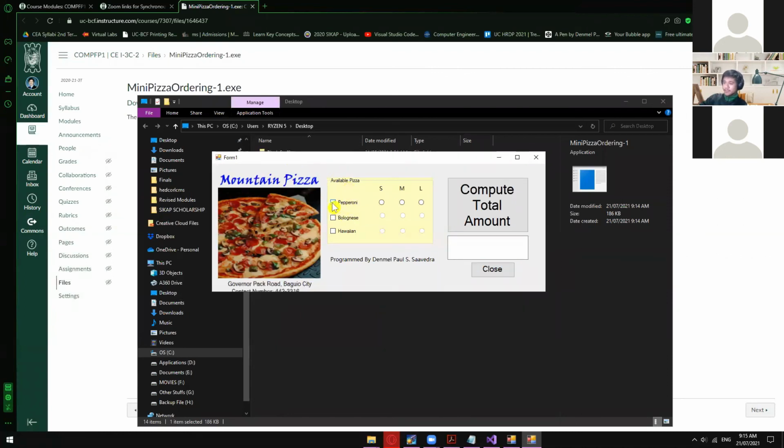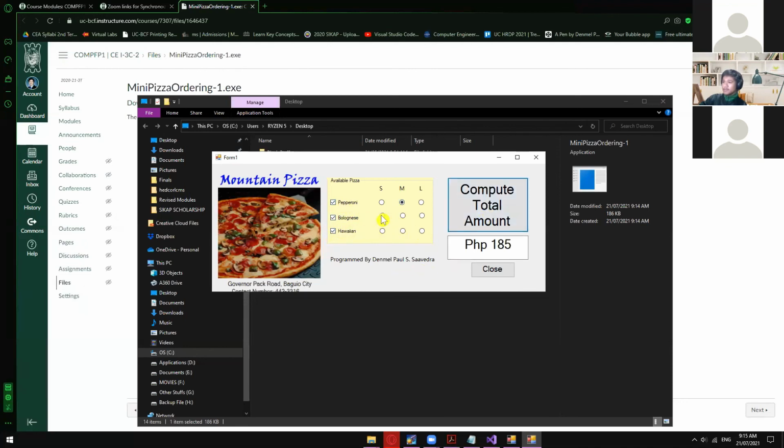So this checkbox is to call this one unlock. Okay, these are radio buttons right here. So if I uncheck this one, then this will deactivate these radio buttons right here. So if I want to order 3 pizza, then just check all of them, and then medium is 185 for